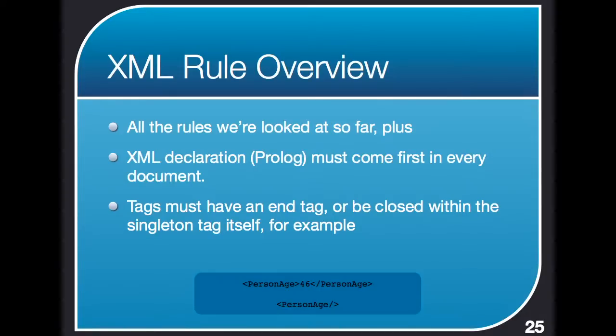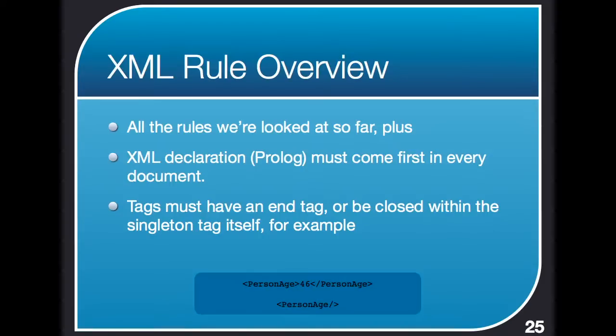Because well-formedness is so important, let's take a little bit of an overview of the rules. So what are the rules? Well, first of all, they're all the rules we've looked at so far: everything you've seen about tag names, how these things fit together, declarations, and all that. The XML declaration needs to come first in every document. Some people call that the prologue. The prologue incorporates more than just the declaration, though. I think the prologue is everything before the actual XML. But that XML declaration needs to be there. It needs to come first in an XML document. That's what actually declares, hey, this is XML.